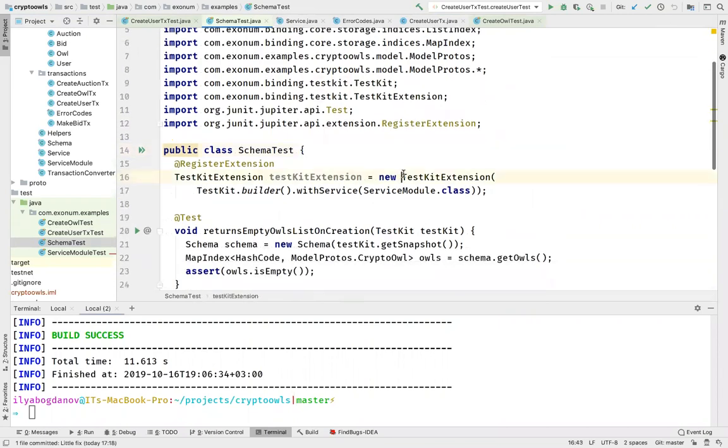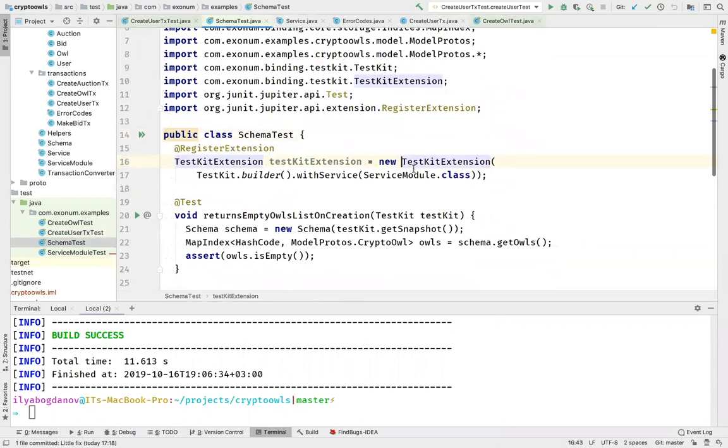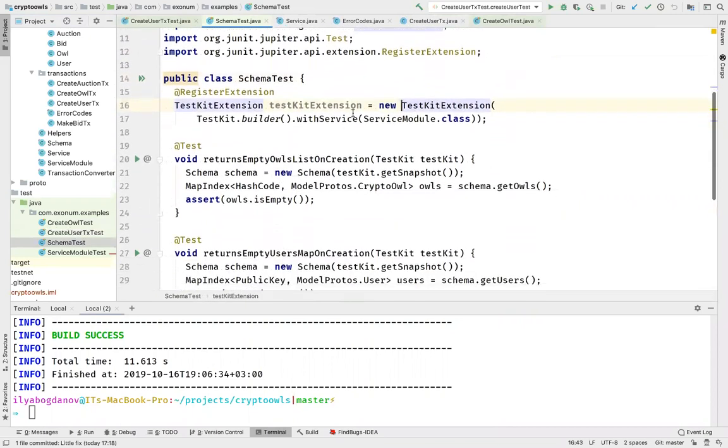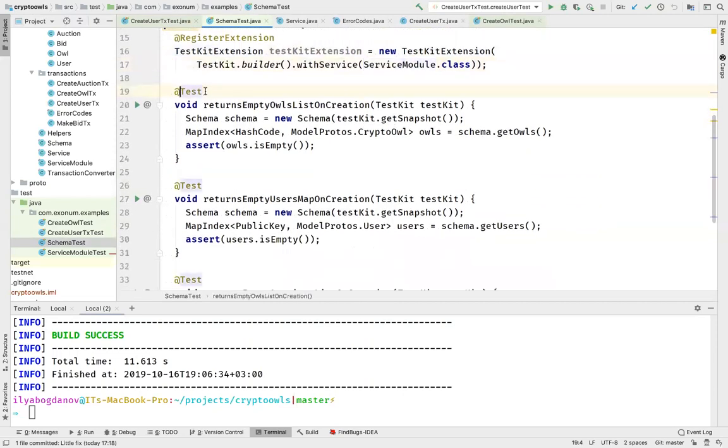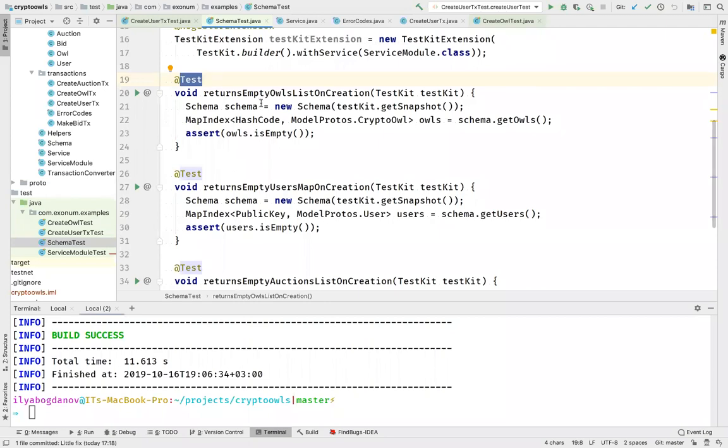We have a special JUnit extension for our test kit, and we create just a new test kit with our service module. And we have a bunch of tests in this test case. So for example, here I test that on creation of our blockchain, after creation of the Genesis block, the method getAlls will return just the empty collection of alls, which is